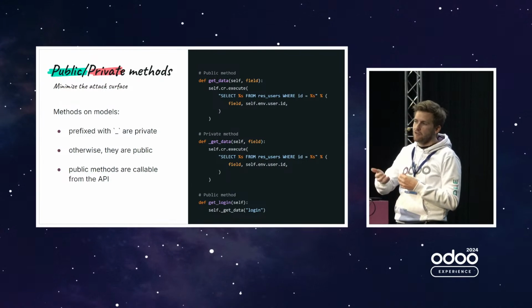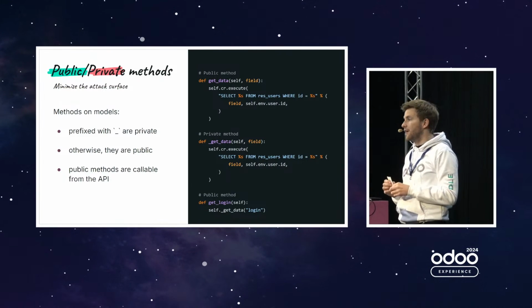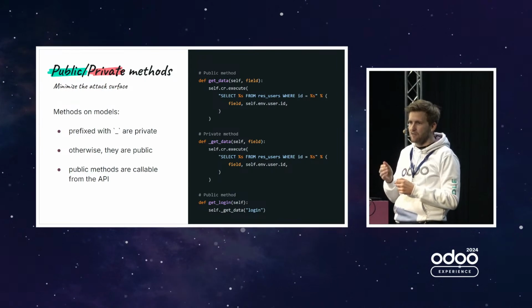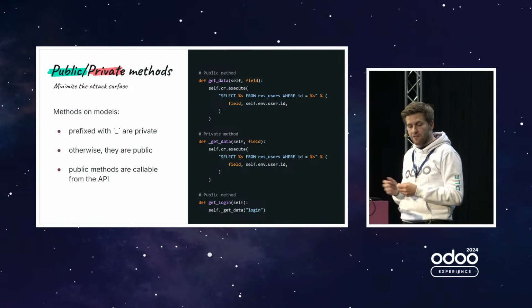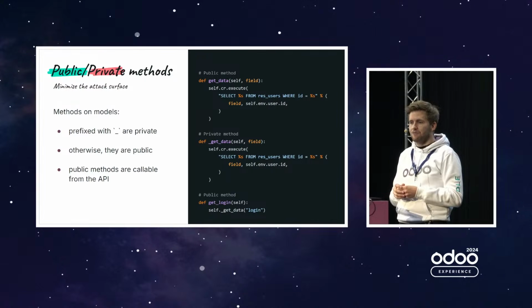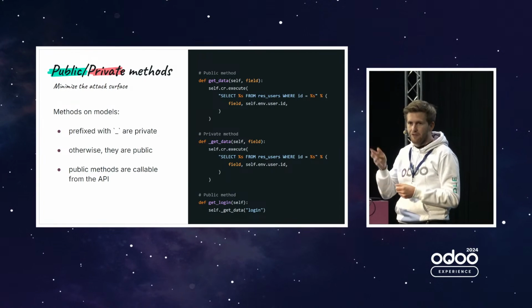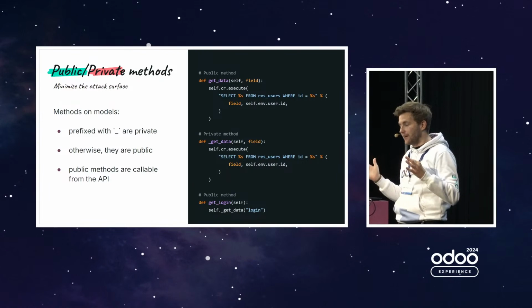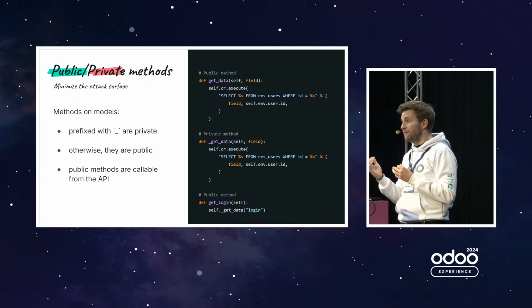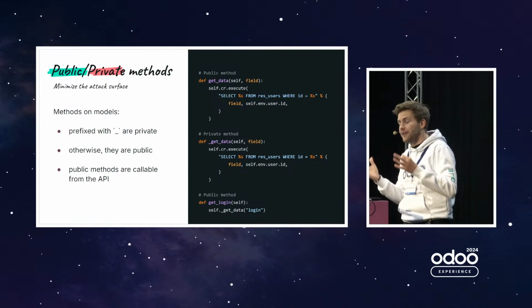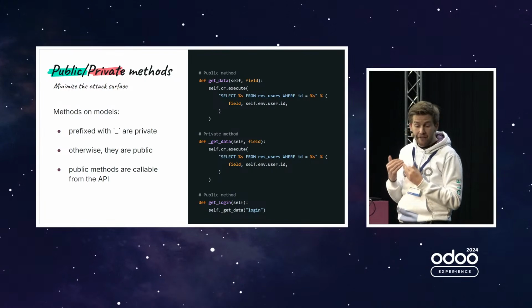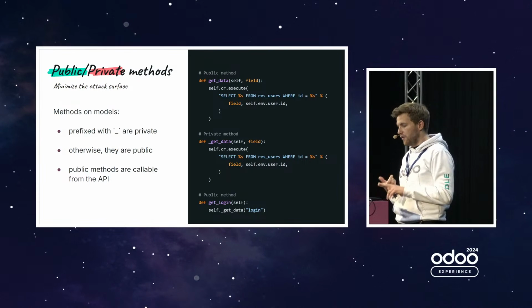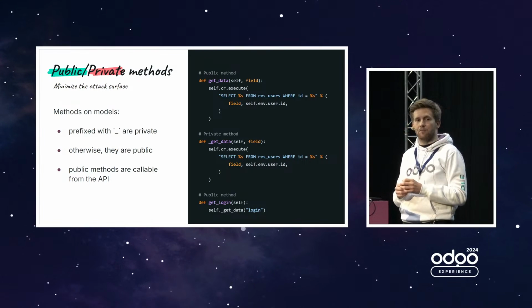So when they create a new method in a model, they always add the underscore, and only when they need it on the web client, then we ask them to remove the underscore. But by default, it's with an underscore. And you have no idea how many apps we saw that do not care about this at all. They make everything public. And then the attack surface that attackers can exploit is very big. Like, the more public methods you give, the more possibilities the attacker will have to exploit your code. So just make everything private by default, and when you need it publicly, whether it's for a third-party API or because you need it for the web client, then you make it public.